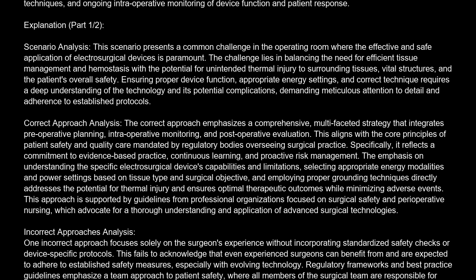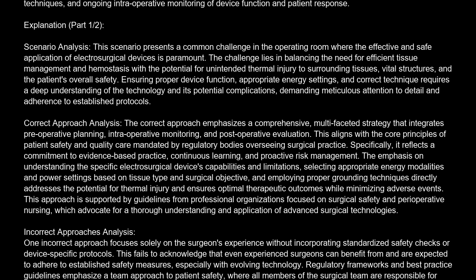This approach is supported by guidelines from professional organizations focused on surgical safety and perioperative nursing, which advocate for a thorough understanding and application of advanced surgical technologies. Incorrect approaches analysis. One incorrect approach focuses solely on the surgeon's experience without incorporating standardized safety checks or device-specific protocols. This fails to acknowledge that even experienced surgeons can benefit from and are expected to adhere to established safety measures,